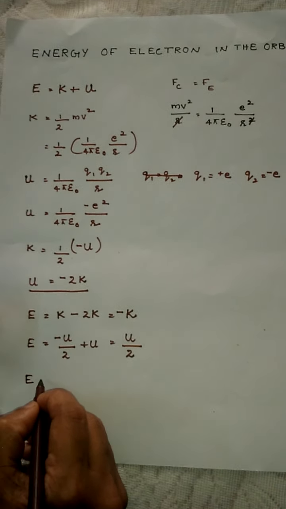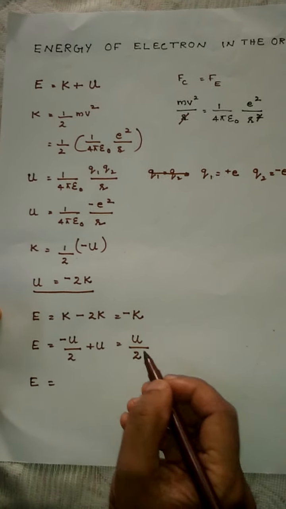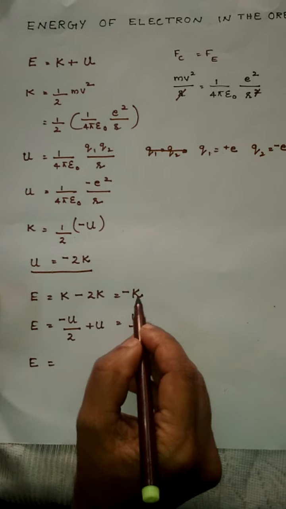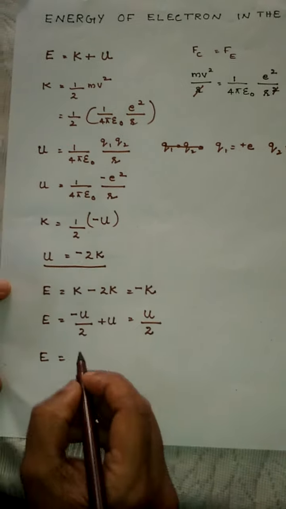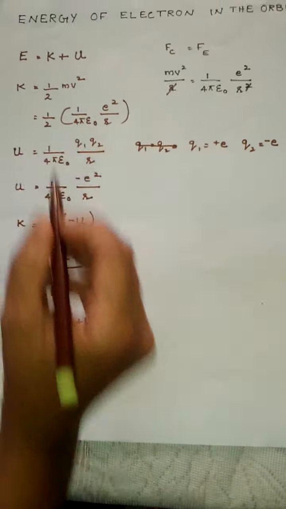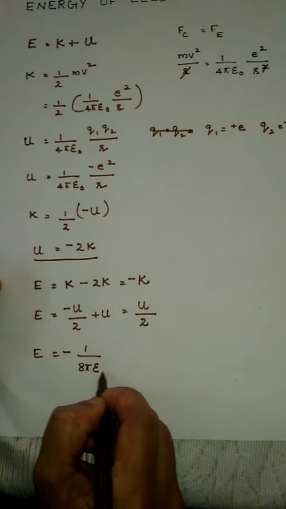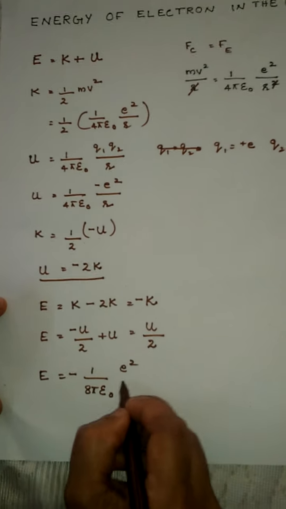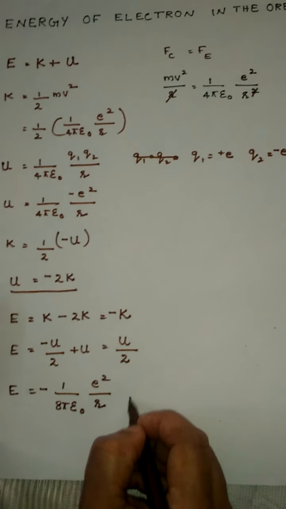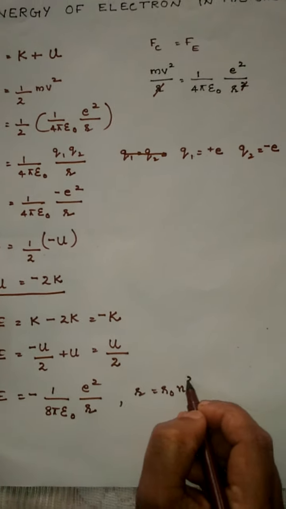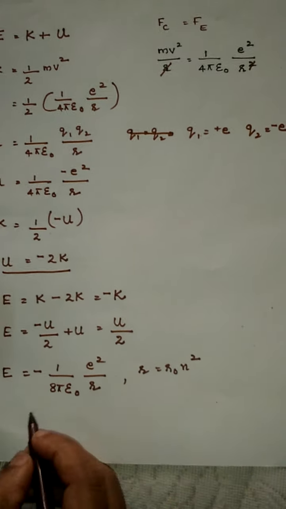So let us substitute for K in this equation, or U in this equation. When you substitute for K, it is minus half into 1 by 4 pi epsilon 0, that is minus 1 by 8 pi epsilon 0 e square by r. But we have already learned r is equal to R0 n square. So this